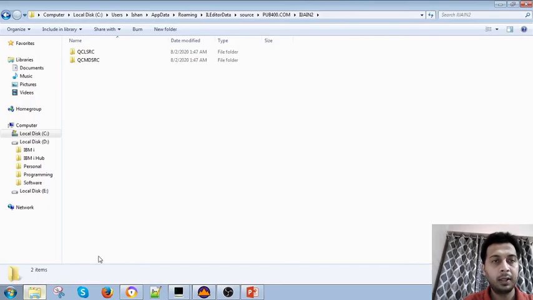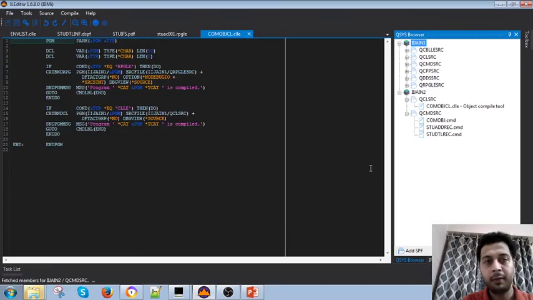Now you can see here, I think that it came here, right? So this is QCLRC and QCMDSRC sources, and basically you are running on here. So you can work here offline or online, and for example, if you don't have internet or have any issues, you can work on your system. And then when your network comes, you can push or something like that, right? So this is all about the small